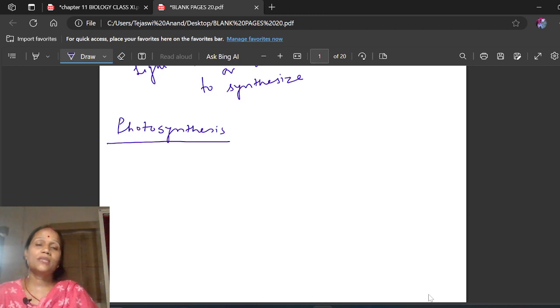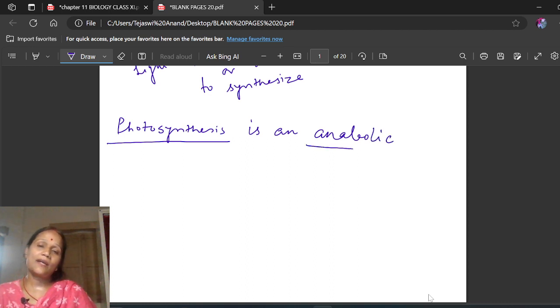What is photosynthesis? Photosynthesis is called an anabolic process because some constructive work is done, something is manufactured. Anabolic means जहाँ कुछ formation होता है उसी को anabolic process कहते हैं because in photosynthesis फूड का फॉर्मेशन, कार्बोहाइड्रेट का फॉर्मेशन होता है, इसलिए फोटोसिंथेसिस को हम एक एनाबॉलिक प्रोसेस कहते हैं इन विच